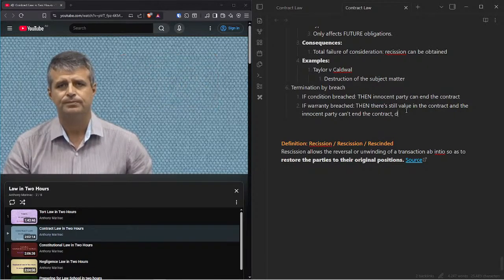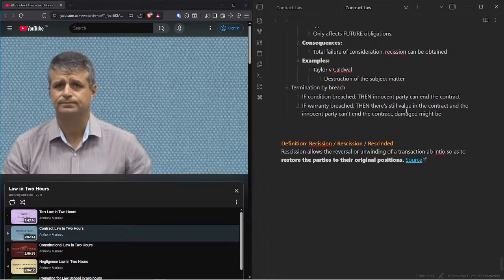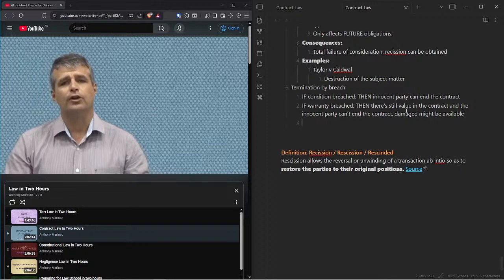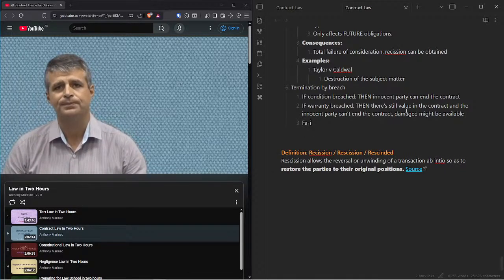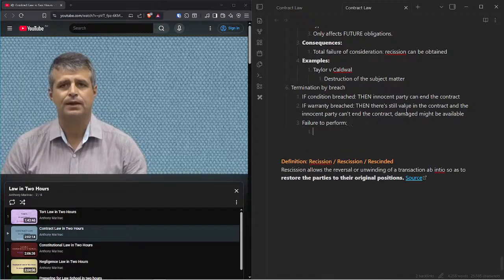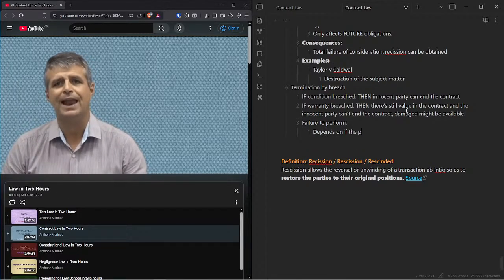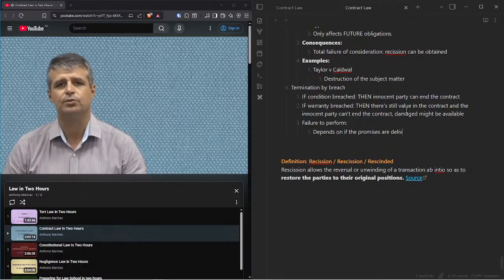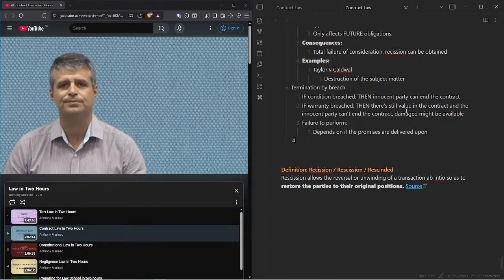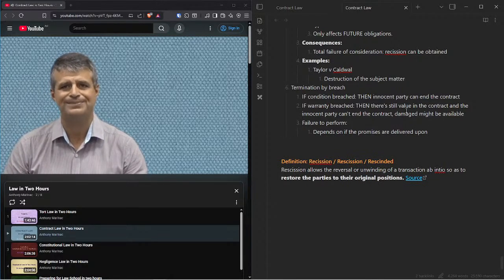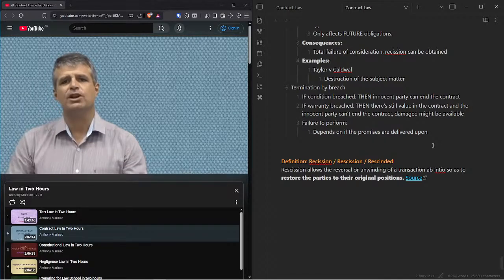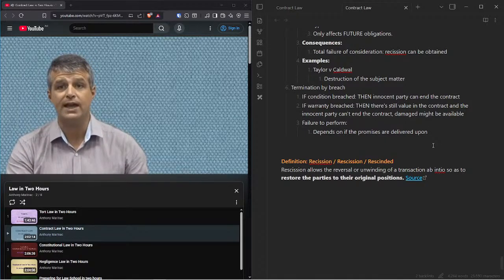But damages, right? So how do we know when there's a failure to perform? Well, that very much turns on the contents of the individual contract. If the promises are delivered on, well, there's no breach. If promises are broken, there's a breach. The party alleging the breach will need to prove that it occurred. It's not that complicated, really. The more interesting breach cases involve what are called repudiation and anticipatory breach.